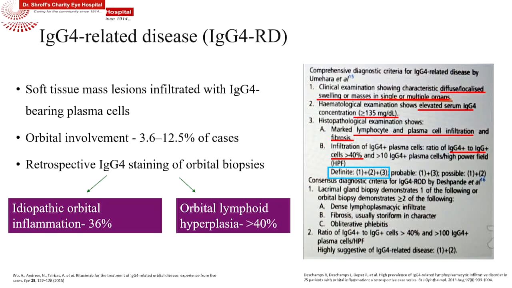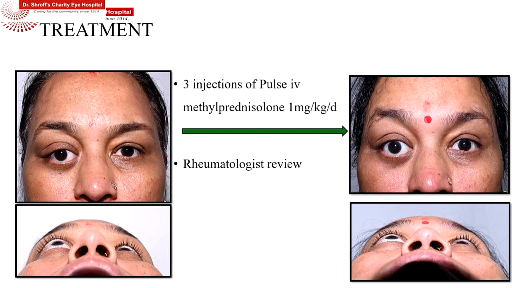We were not aware of this disease in the very near past, but now more and more diseases are falling in this spectrum as we biopsy more of them and we are aware of the findings. If you see the review of the literature, there are specific criteria to diagnose them. Many of these earlier inflammations, which were labeled as idiopathic or orbital lymphoid reactive hyperplasia, probably fell into the spectrum of IgG4 disease.